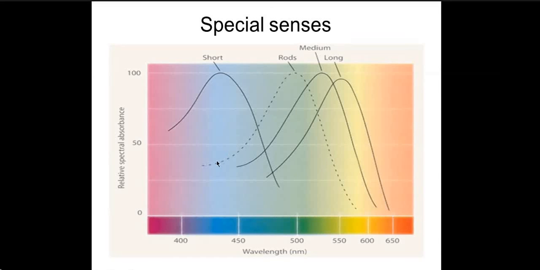Am I clear? So pilots put on red color goggles. When they put on red goggles, at that time the cones are active and rods cannot see, because rods cannot perceive red color.